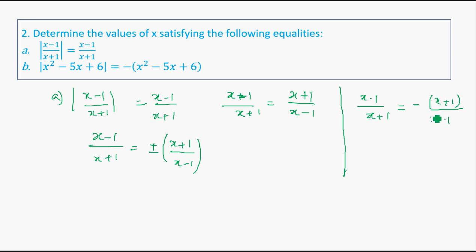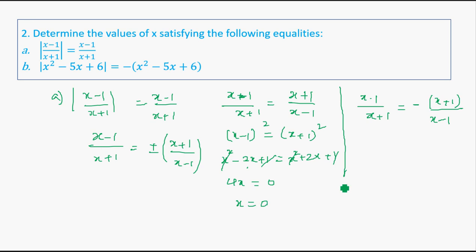Now we will solve it. If we cross multiply, x minus 1 whole square will be equal to x plus 1 whole square. Now this is again a falsy condition, you will see how. So x square minus 2x plus 1, this is x minus 1 whole square if you expand it, and this is x square plus 2x plus 1. So x square on this side, x square on this side will cancel. 1 and minus 1 will get cancelled. So if I send minus 2x to the right hand side, we will get 4x. 2x plus 2x is 4x equal to 0, and I will get x equal to 0, right?